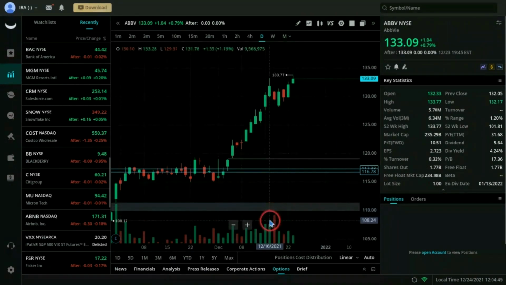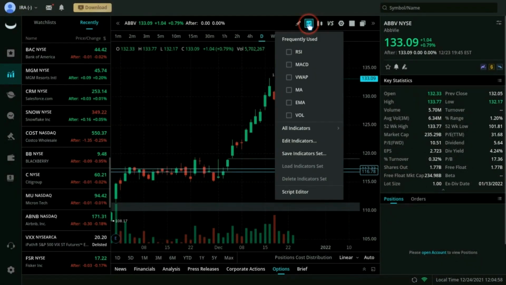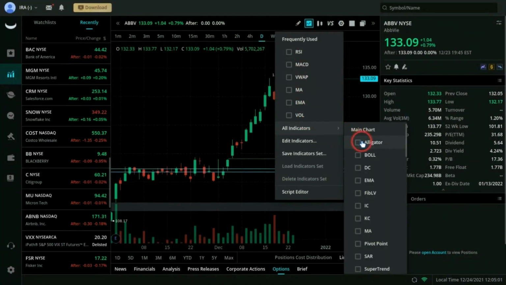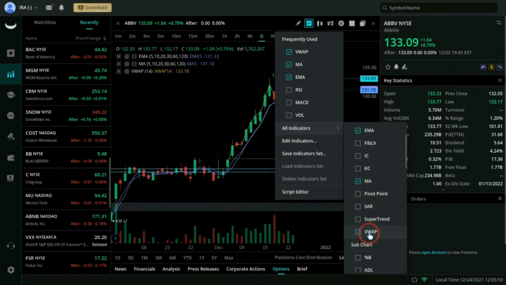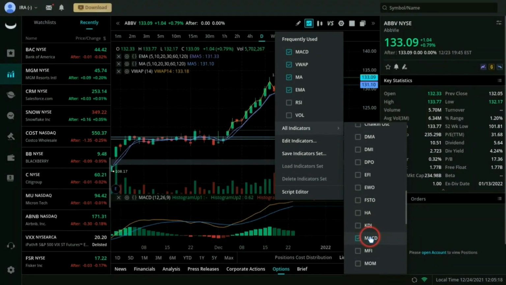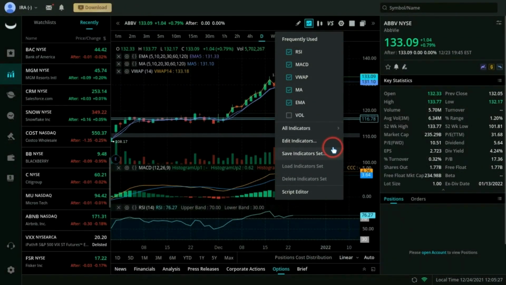As I mentioned before, our volume indicator is already a default down below. So to set up some other indicators, we want to come up here to indicators, select that, go to all indicators, select EMA, select MA, scroll down a bit, select Vwap, scroll down some more, select MACD, scroll down some more, and RSI. Okay, now we selected our indicators. We're going to come over here and edit a few indicators. So we're going to hit edit indicators,